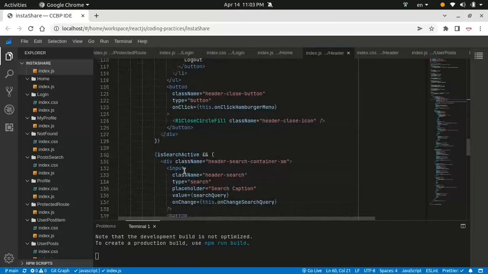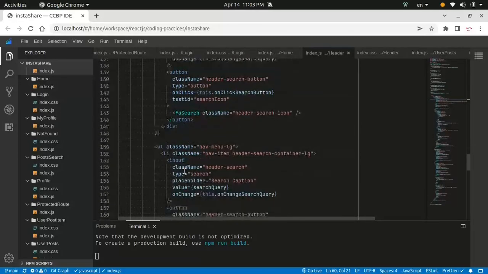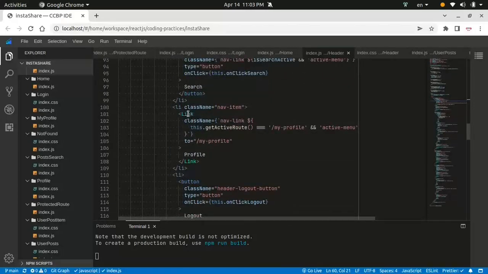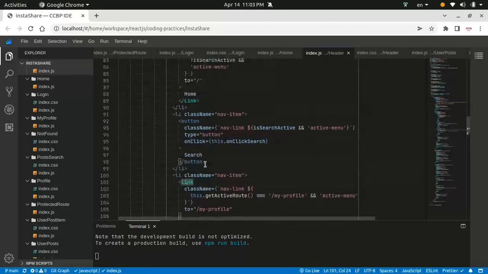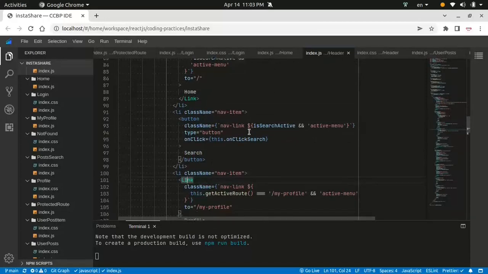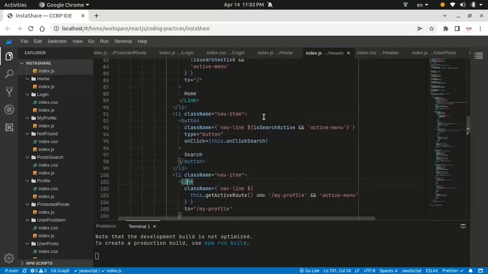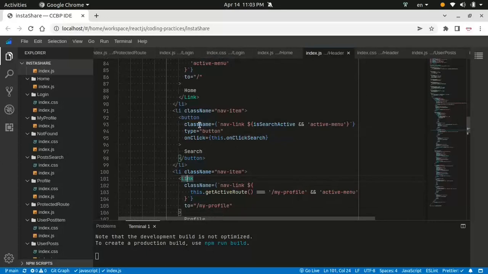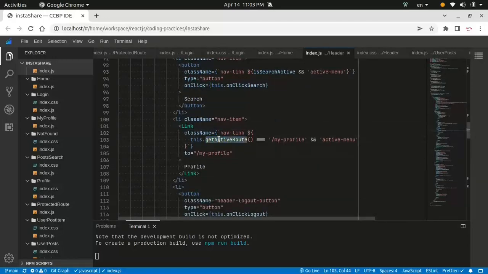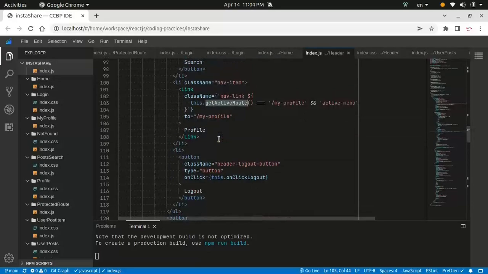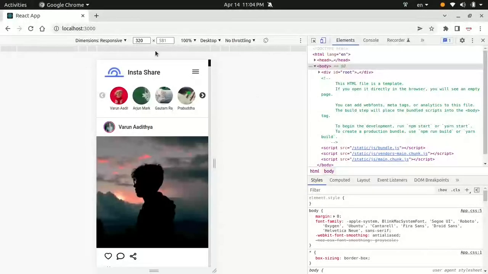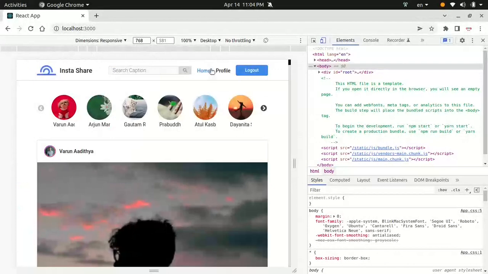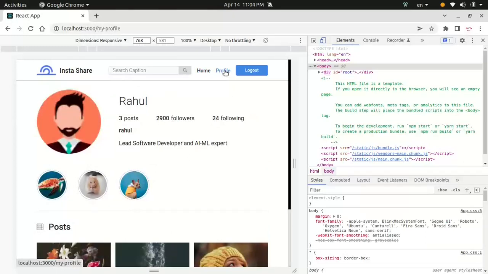So we have a few other blocks here. Based on the device type, we need to render a specific part. So here also we can see the link, I mean the menu item. So menu list and menu item, and for each menu item, I hope you have noticed the styling, based on the is active or based on the get active route. We are rendering the link items, because in the tablet view, when we click on the home route, the home is highlighted, and when we click on the profile, the link gets highlighted. So for this to work,